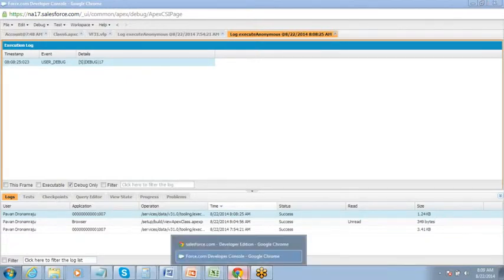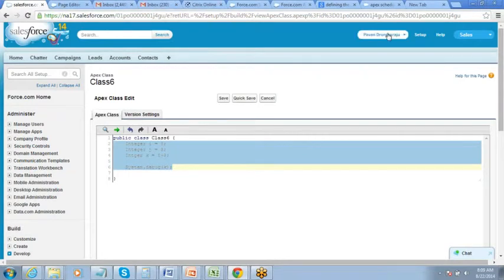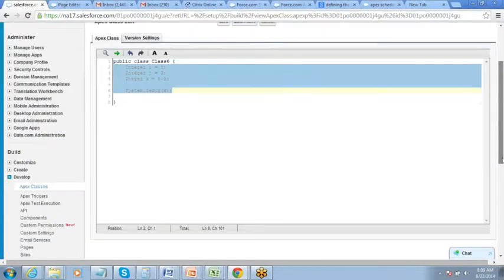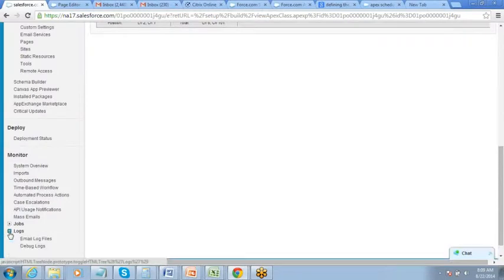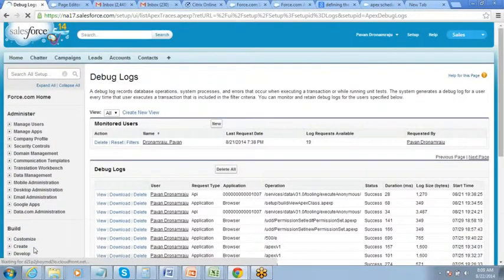Now this, if you run some code in your... give me a minute. How many debug logs are here in the system? Let me reset this.